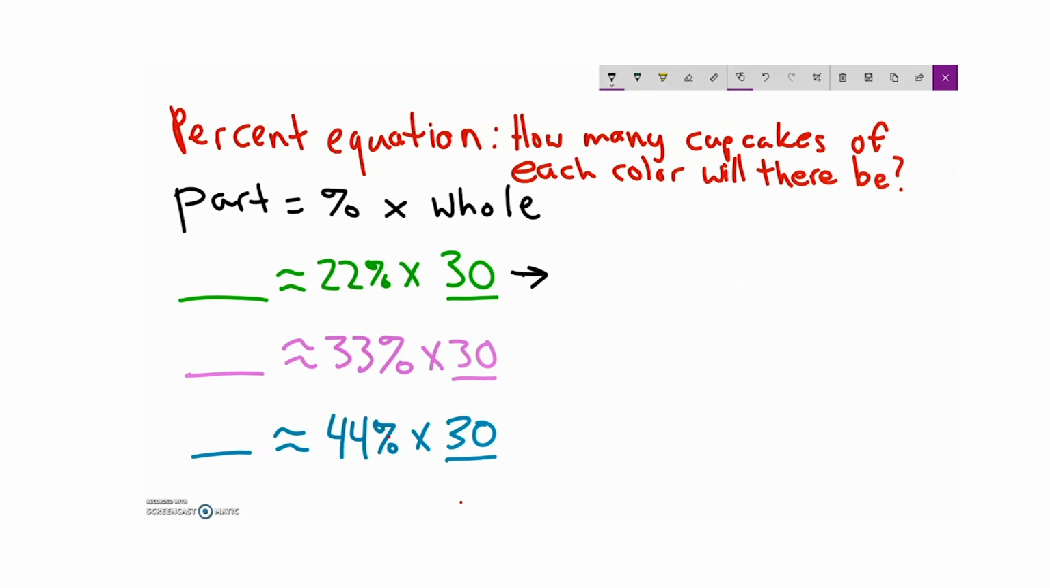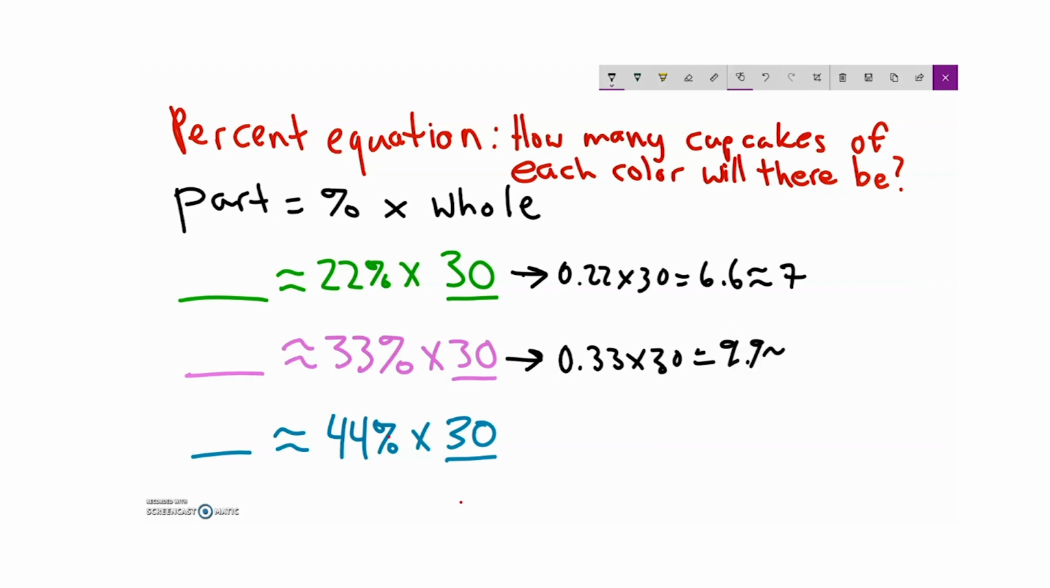So this becomes 0.22 times 30, which is equal to approximately 6.6 or 7 cupcakes. 33%, if I multiply 0.33 times 30, I will get approximately 9.9 or 10 cupcakes if I round it up, and 44% of 30, I would do 0.44 times 30, and that's going to be approximately equal to